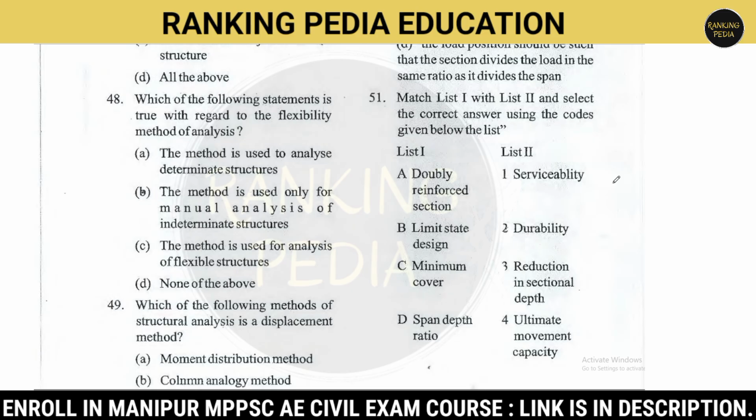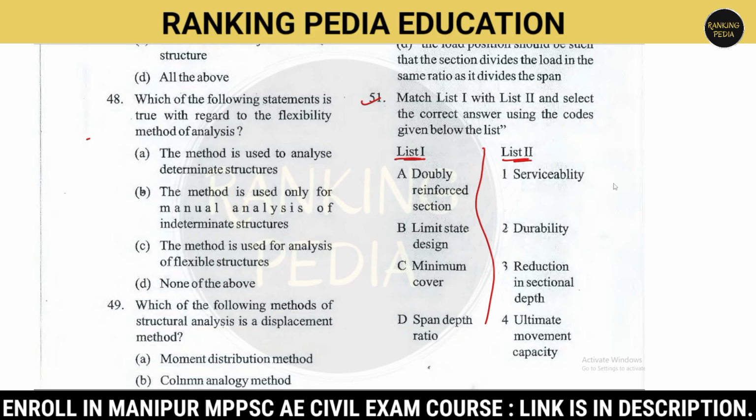So question number 51 is mentioned over here. Match list 1 and match list 2. Select the correct answer using the codes given below the list. List 1 is this side and list 2 is on your right hand side. List 1: A is doubly reinforced section, B is limit state design, C is minimum cover, D is span depth ratio. We have to match the following with list 2. List 2: first is serviceability, second is durability, third is reduction in sectional depth, fourth one is ultimate moment